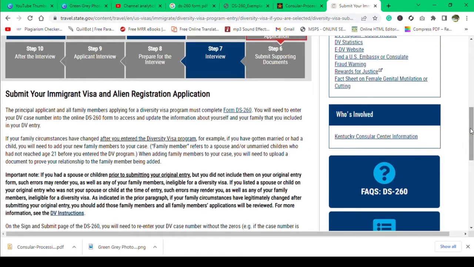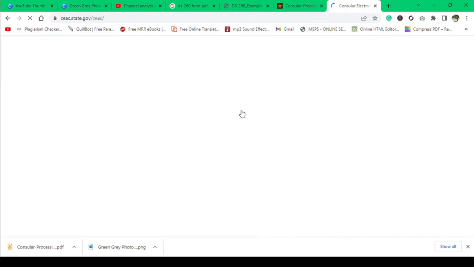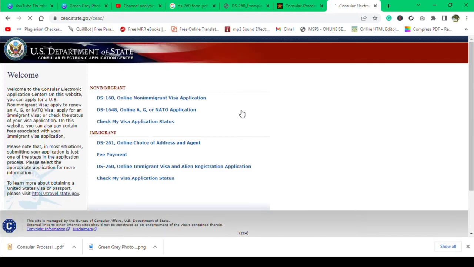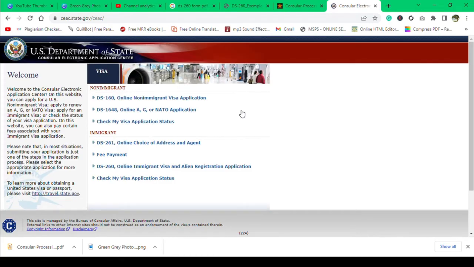and when you scroll down you get this text here, and in this text you have this clickable link, form DS-260. When you hover over it, click on it, and it will bring you to this page with a list of forms. Then you go to the second last, that is DS-260 online immigrant visa and alien registration application. So we are going to click on this,